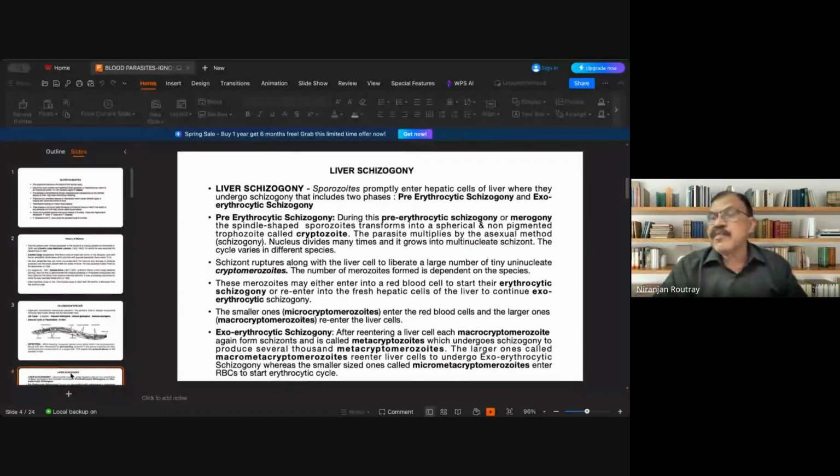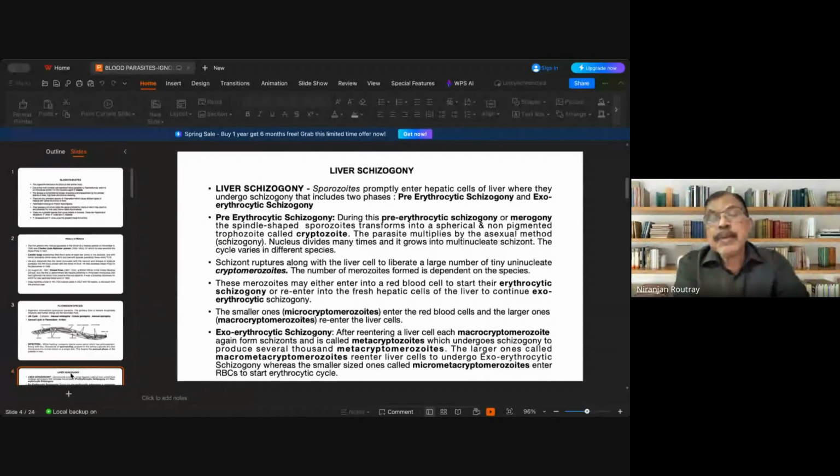So the deciding factor is the size of the cryptomerozoite. If it is macro, it will continue within the liver, and if it is micro, it will enter into the RBC. Then exoerythrocytic schizogony continues within the liver cell, that means they re-enter the liver cell. Each macrocryptomerozoite, remember I have told you that the larger ones will enter. Again, they pass through the same stage. They form a schizont, and this schizont is known as